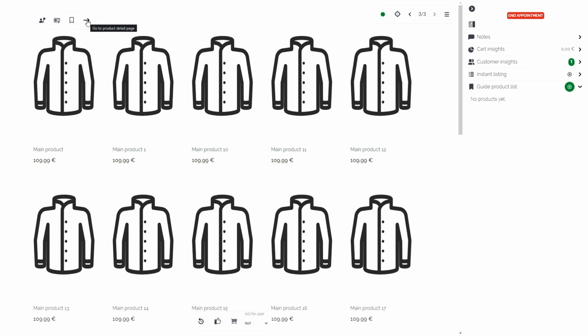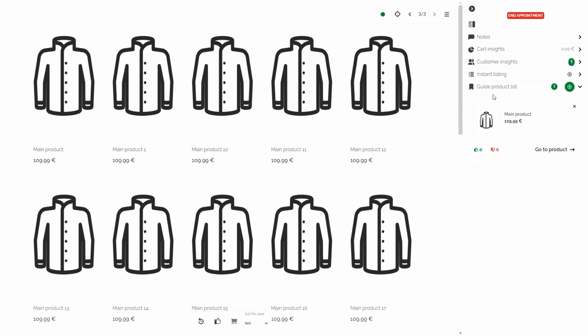So when I save a product to my guide product list, let's say because within the presentation there were some questions about a product that came up, and I want to answer the questions at the end of my appointment, I could just save the product and add it to my guide product list and carry on with my presentation.